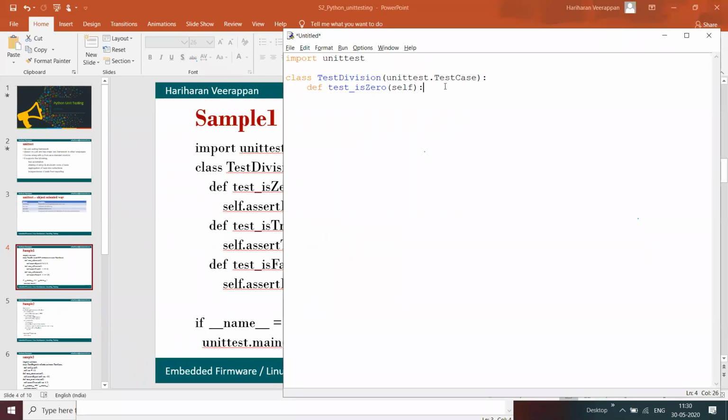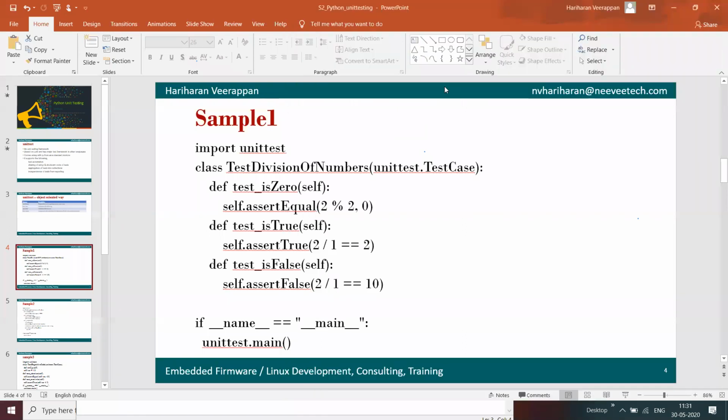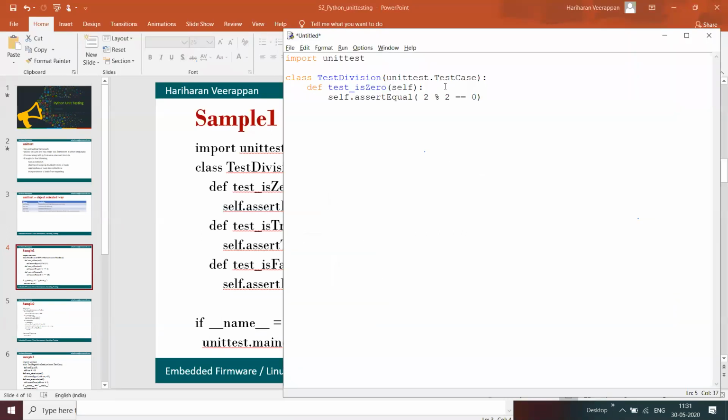Test is zero. For example, I'm going to check self.assertEqual whether 2 mod 2 equals 0 or not. If it is true, then the test case is passed, and if it is false, then the test case fails.